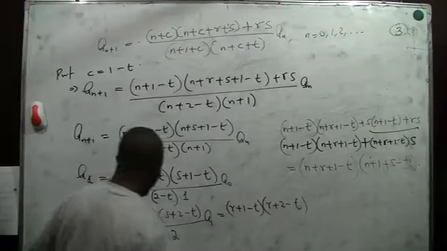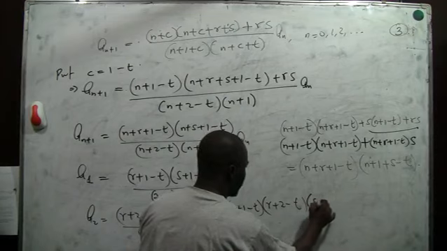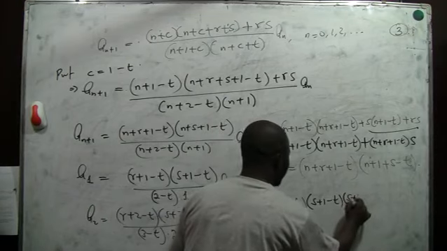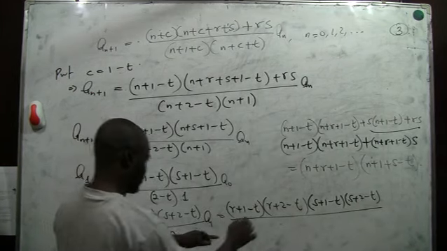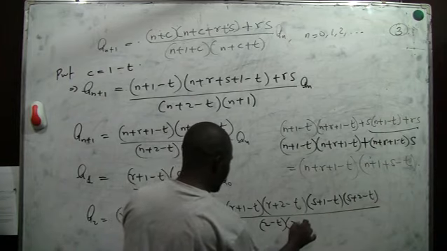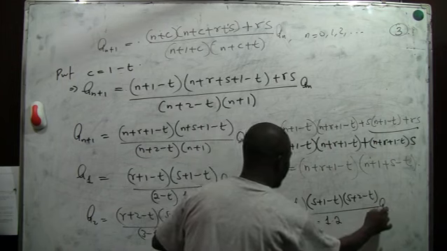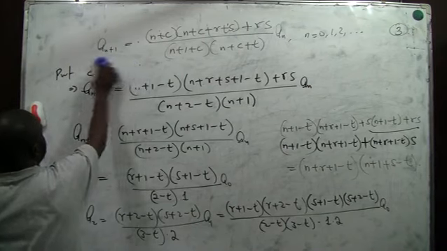Because this defines a factorial function, and that one also (s plus 1 minus t) into (s plus 2 minus t), all divided by (2 minus t) into (3 minus t), 1 multiplied by 2, a naught. So which now gives